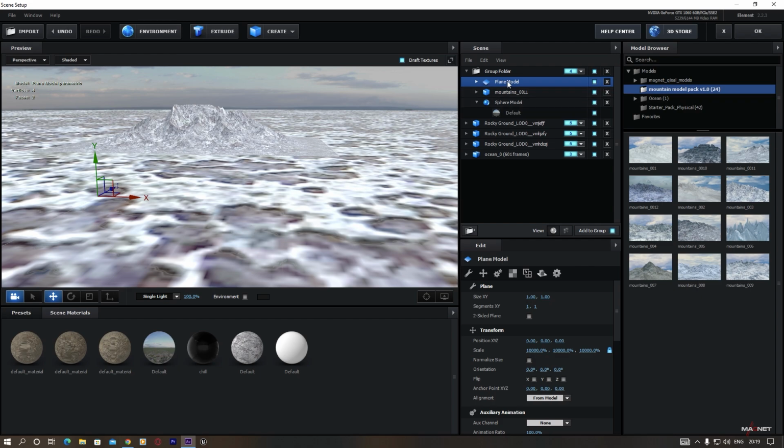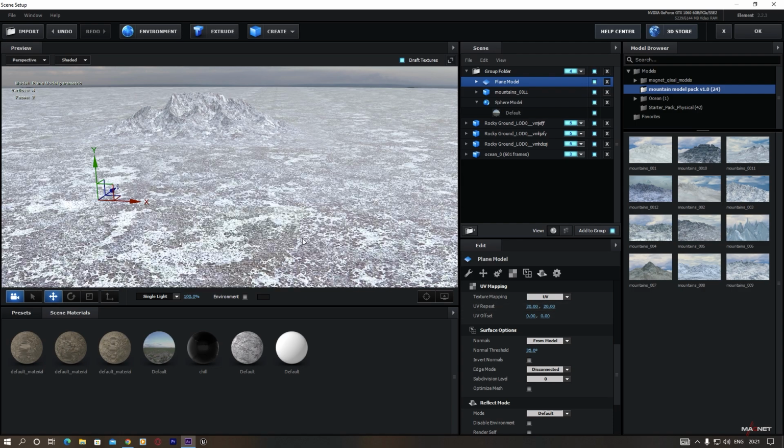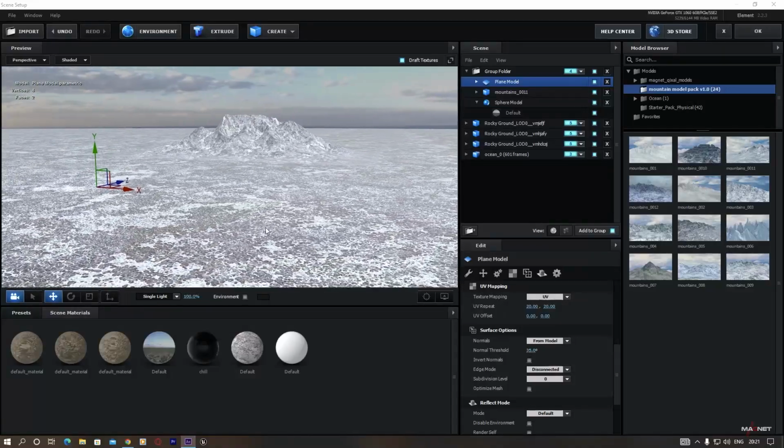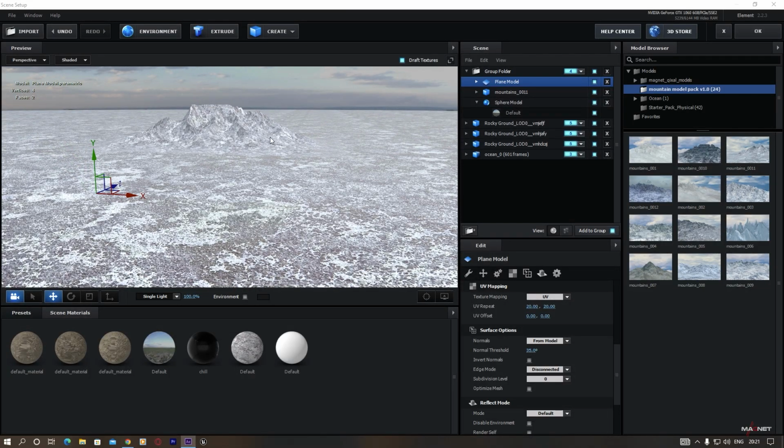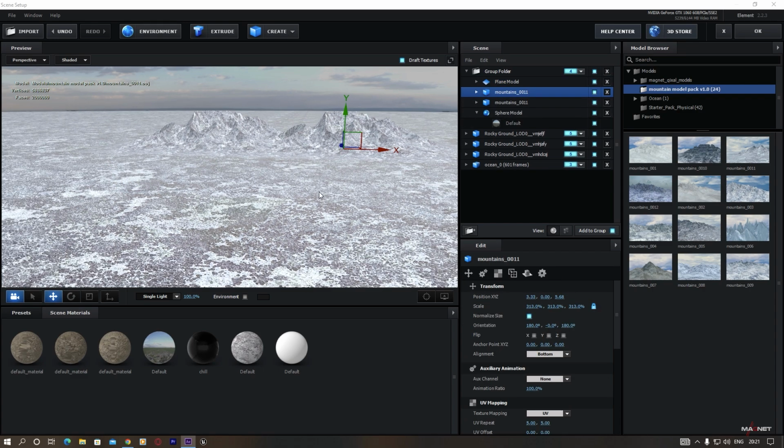So now we select our plane model here and go to this UV mapping here, and then we increase the repetition to maybe 20 by 20. Okay, so this will be our surface, and then we select our mountain model again and we duplicate this, and